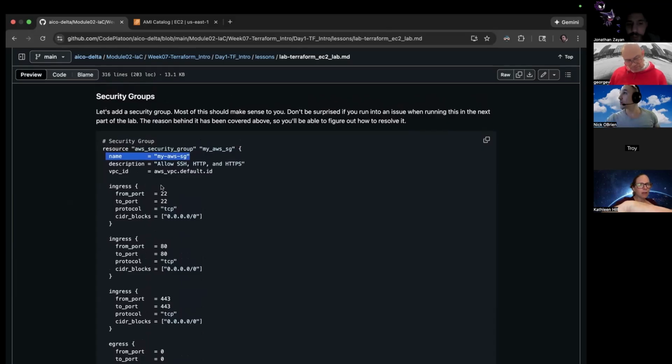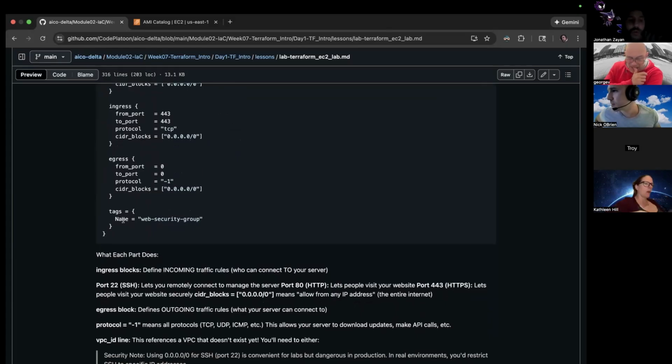Maybe, yeah. Nick, if you're looking at the screen, is this what you're referring to right here? Is this what you mean when you say tag? No, he had a little different tag, tags equals. Scroll down to the bottom of the block, Jonathan. Oh, Tags. There we go. Oh, I see, the literal, okay.